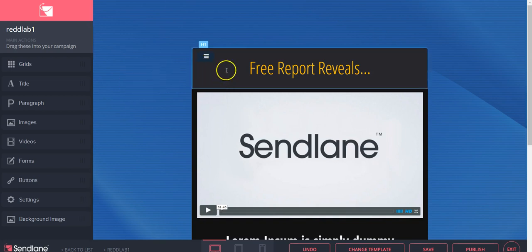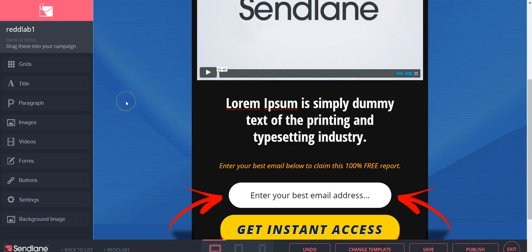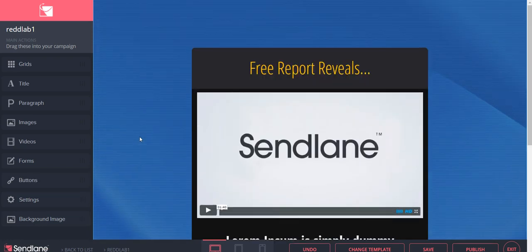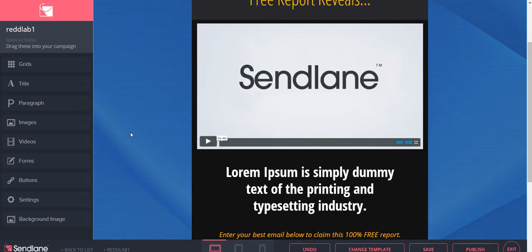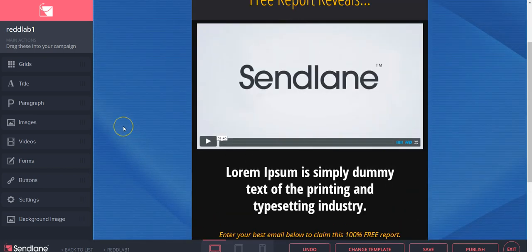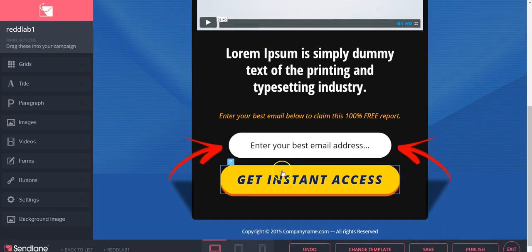Change it to fit your needs, what you want it to say, and then get it live, get it out there so that you can start promoting it and driving traffic to it, and hopefully getting some more customers coming your way. So once you've made the edits to your page and you like how it looks, obviously this isn't one I'm going to publish because it has the general lorem ipsum text on here that needs to be completely modified, but just for time purposes and seeing how the platform works,